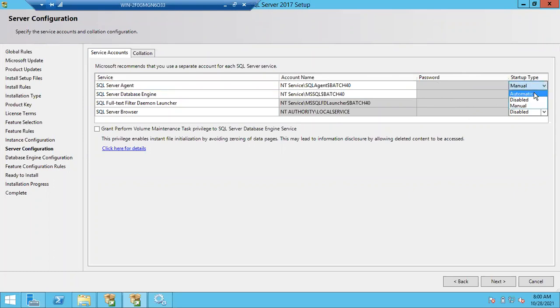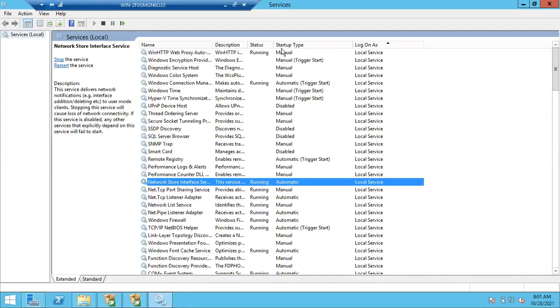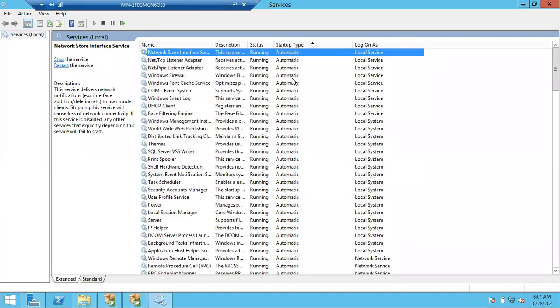And startup mode, guys, yesterday we discussed it, right? It should be automatic. What is the problem if it is manual? Every time we have to restart SQL Server. Whenever you restart Windows Server due to some Windows maintenance activities, these services will be down. Manual means again you have to go to services. If you see here under the startup type column, you can see automatic.